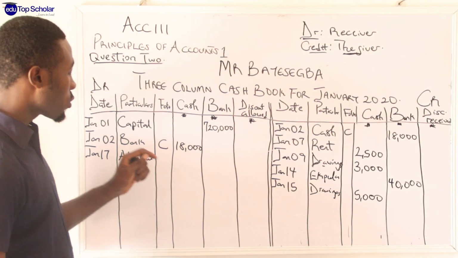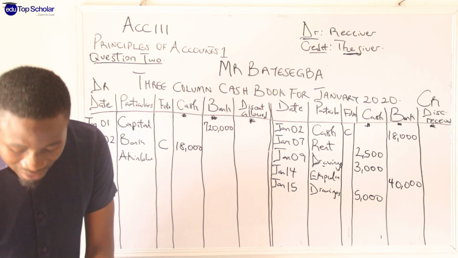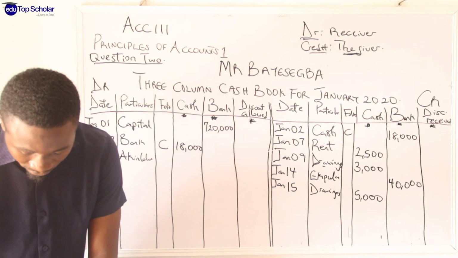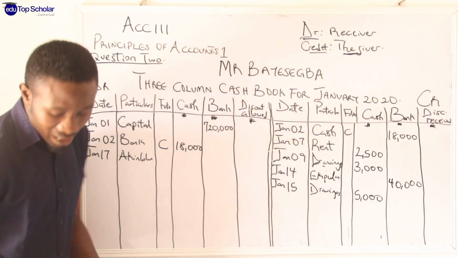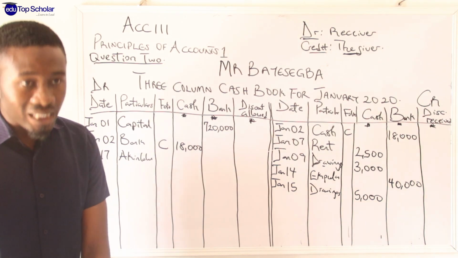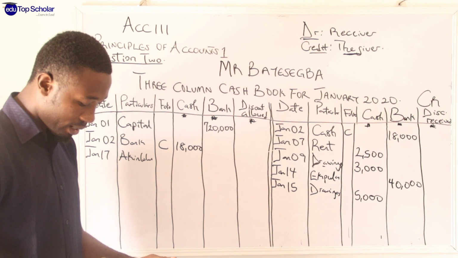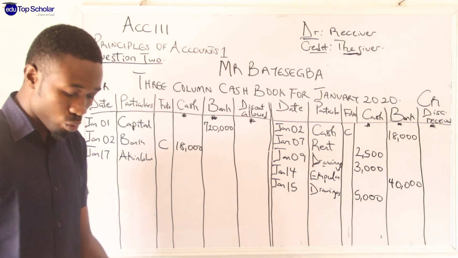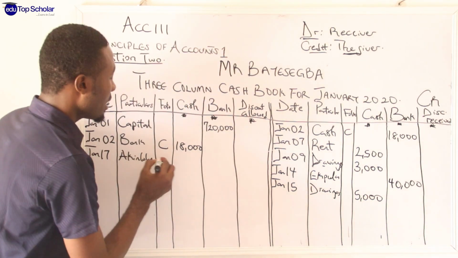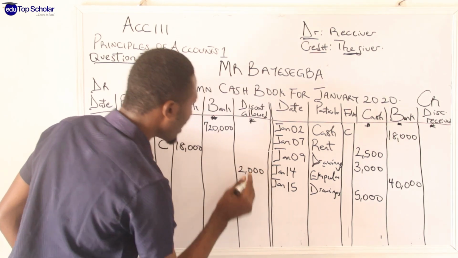So we said we sold goods to Akinlolu, but it was stated here that we gave Akinlolu a 10% discount even before he paid this 20,000 naira. So we are not going to be recording that 20,000 naira in this account because we were told that we gave him a 10% discount. If you calculate 10% of 20,000 naira, it will give you 2,000 naira, which is the discount that we gave Akinlolu. So we are going to record the 2,000 naira discount we gave to Akinlolu as a discount allowed